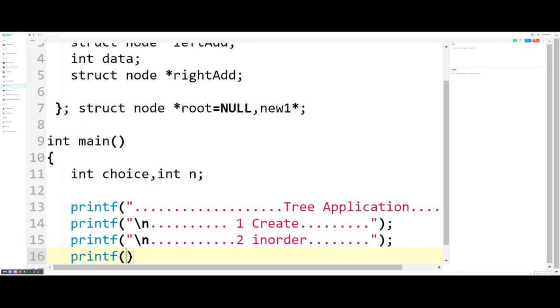Now second is printf slash n. Third is post order.